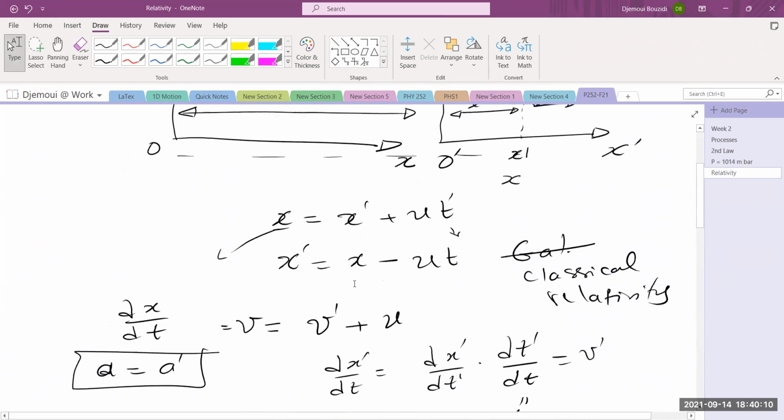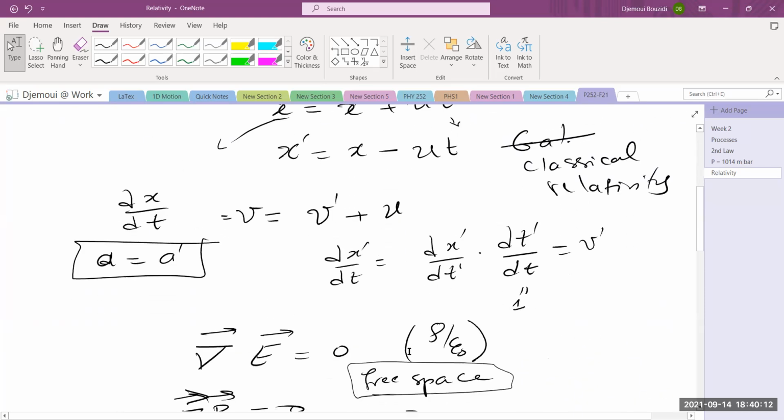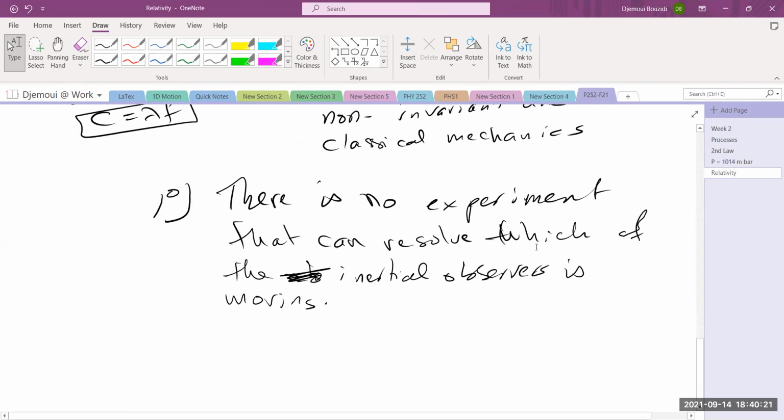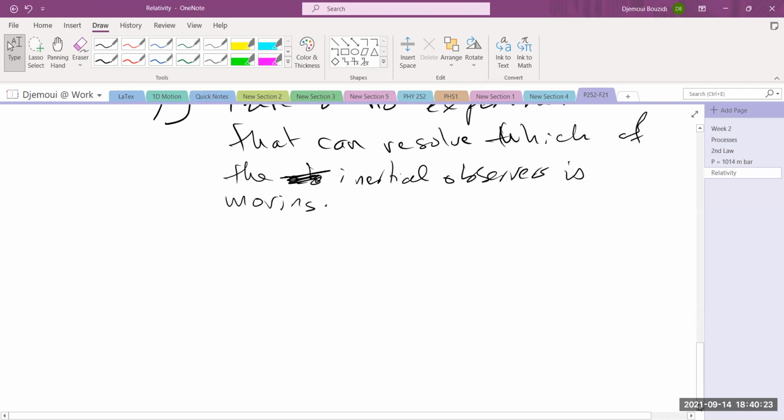This is what classical mechanics tried to do, but it failed here. And it failed also with the ether, and it failed with other places too. Okay. The second postulate,